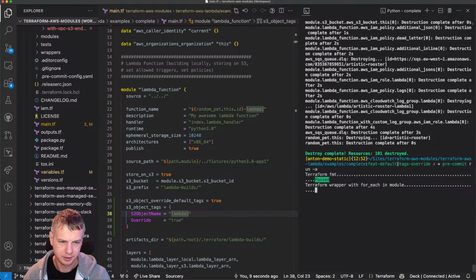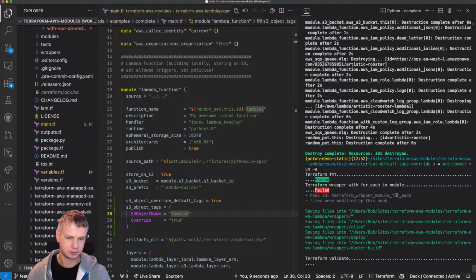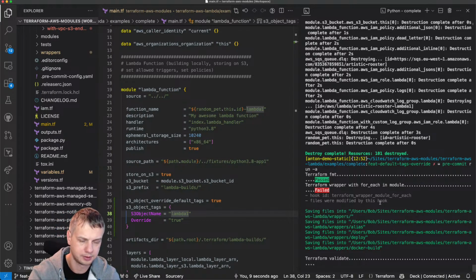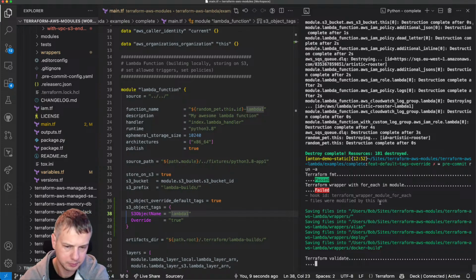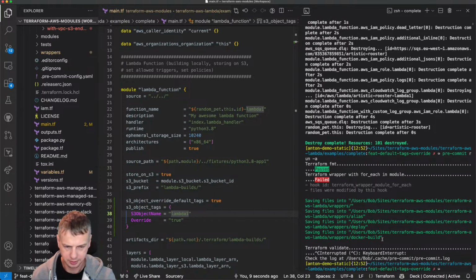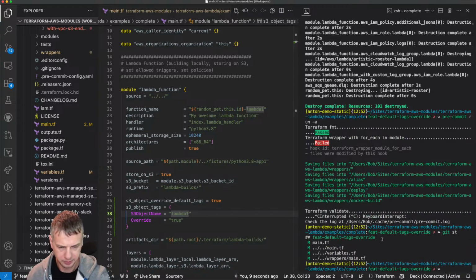So let's run wrappers. This pre-commit obviously could have been executed automatically during git commit, but I prefer to run it sometimes separately because there may be something not working. And it's also executed on GitHub Action, so I don't need to wait for Terraform validate. So I can just skip it. It will be executed anyway sequentially.